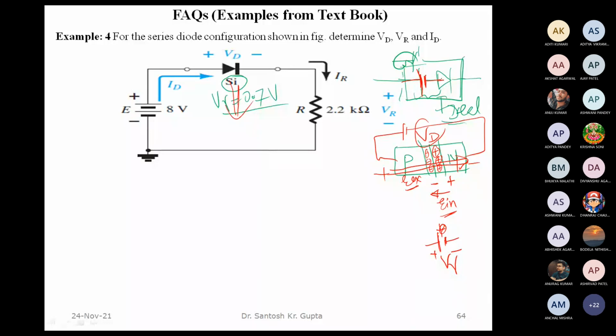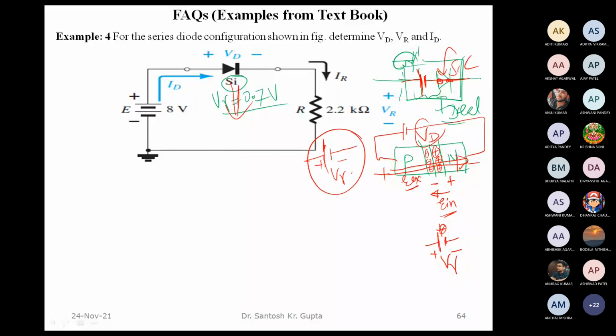So an ideal diode, when it is on, will be acting like a short circuit. So we can just remove this diode here, short circuit. So we will have only a voltage source equal to the potential barrier which opposes the external voltage source, like this. So that's it. If we are able to understand this part, then we are ready.